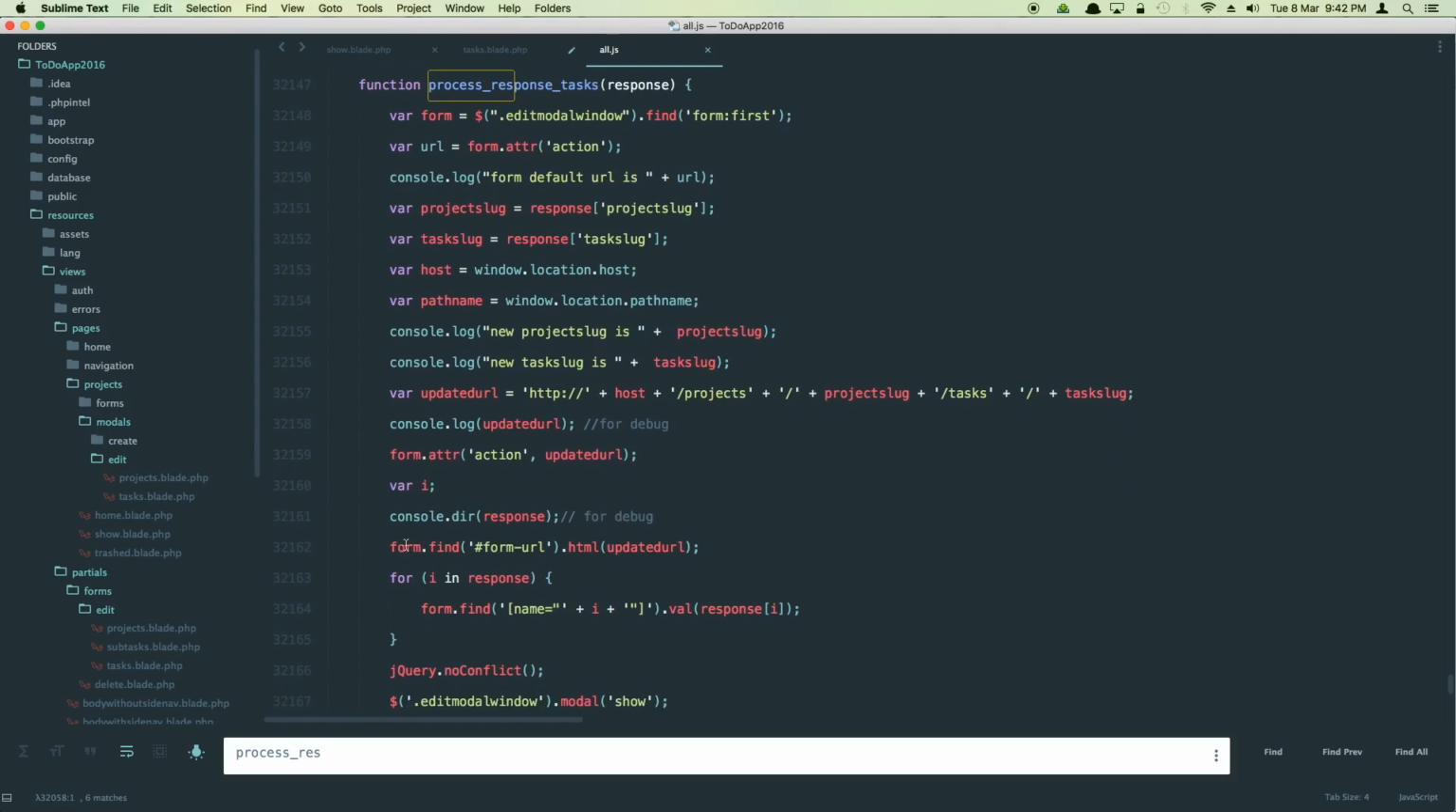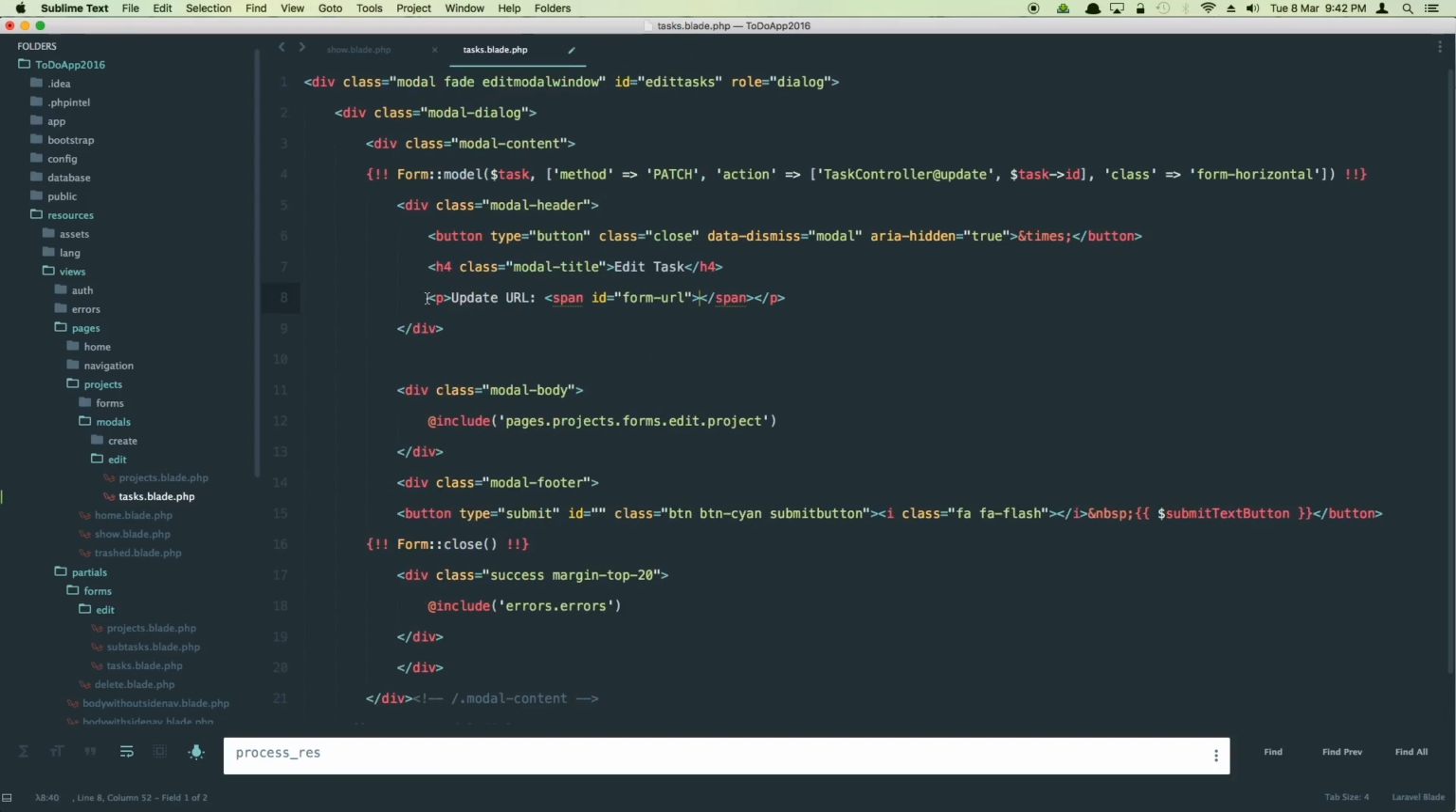So here form.find with the ID of form-URL, and I'm gonna write this new URL every time I edit a task. I didn't have this in place, but let's just write it down, make use of it, and we'll get rid of it in a minute. The next thing we want to do is use that